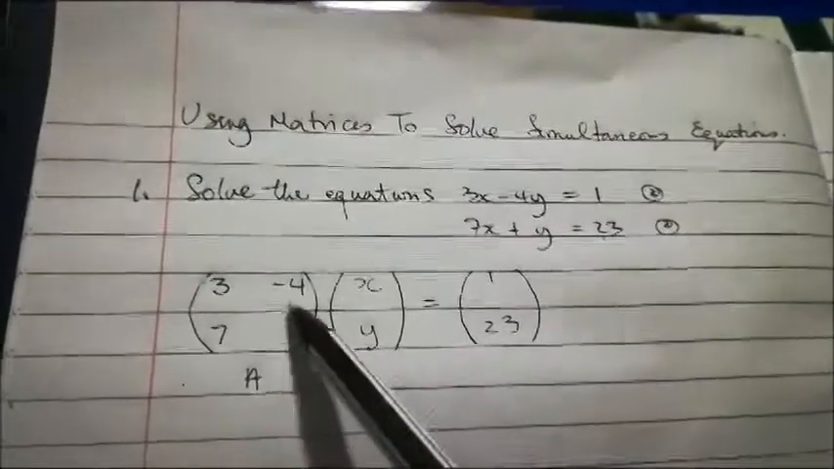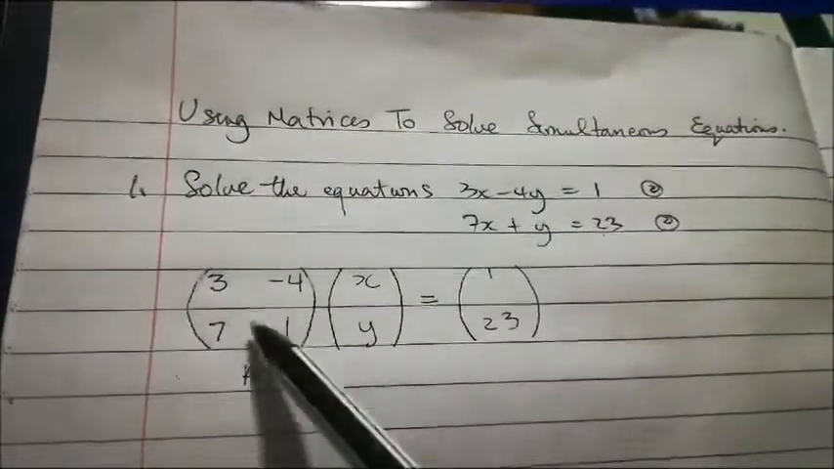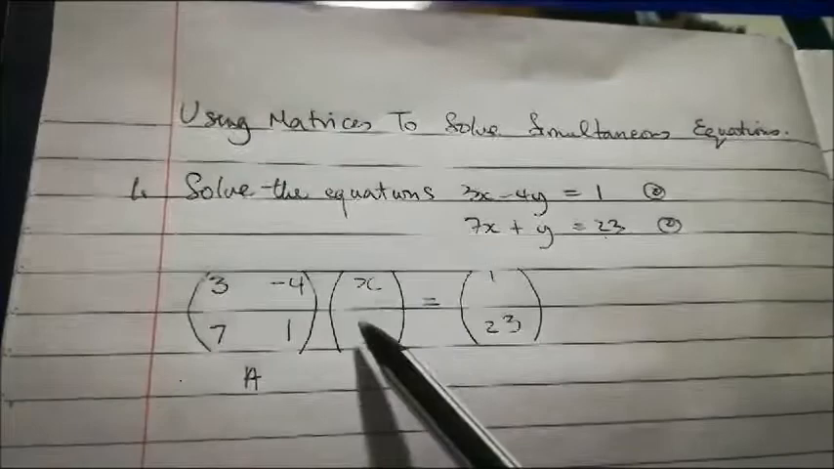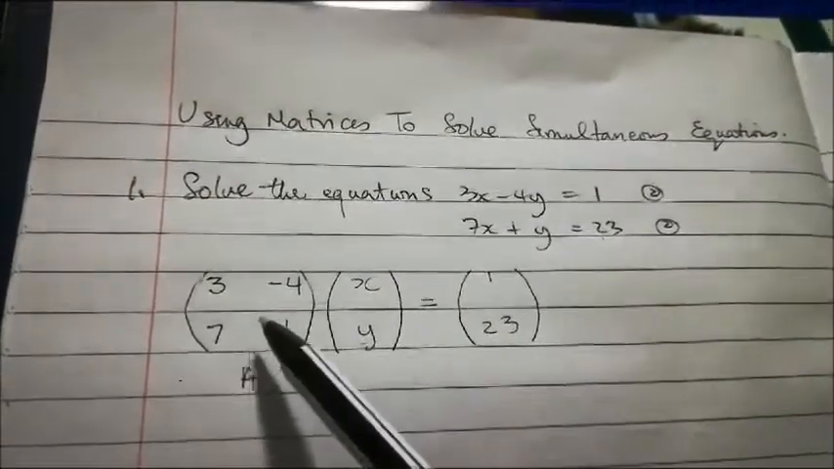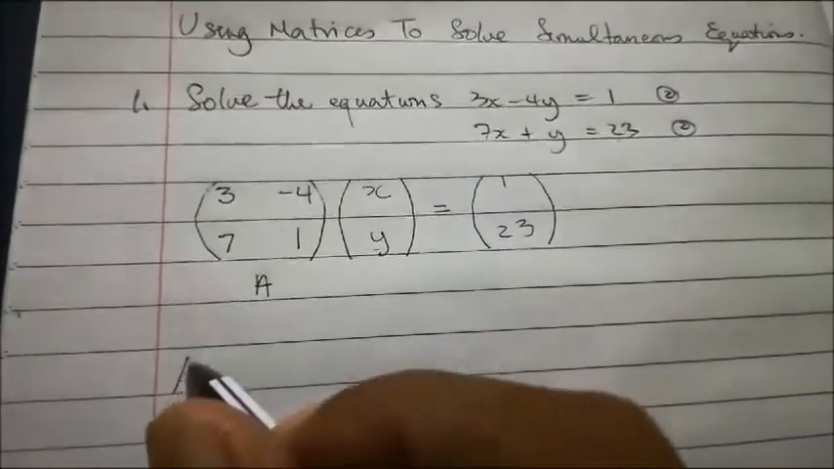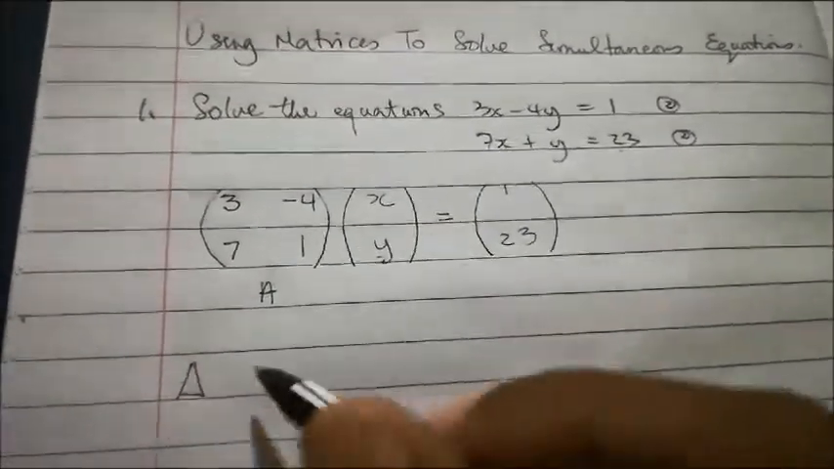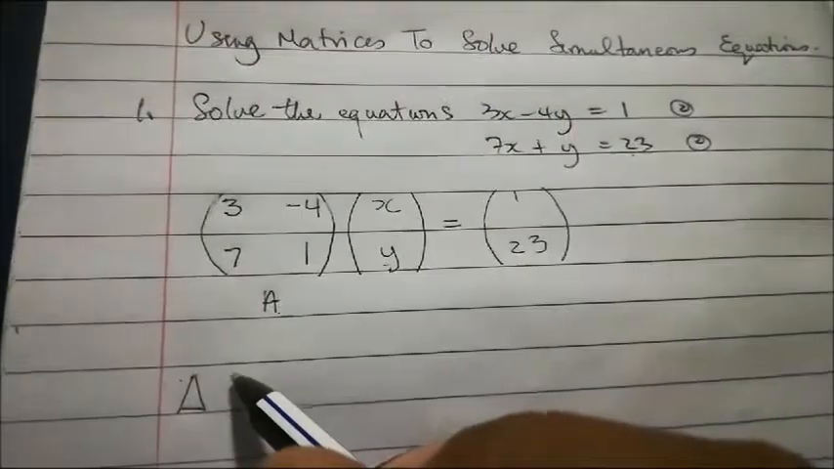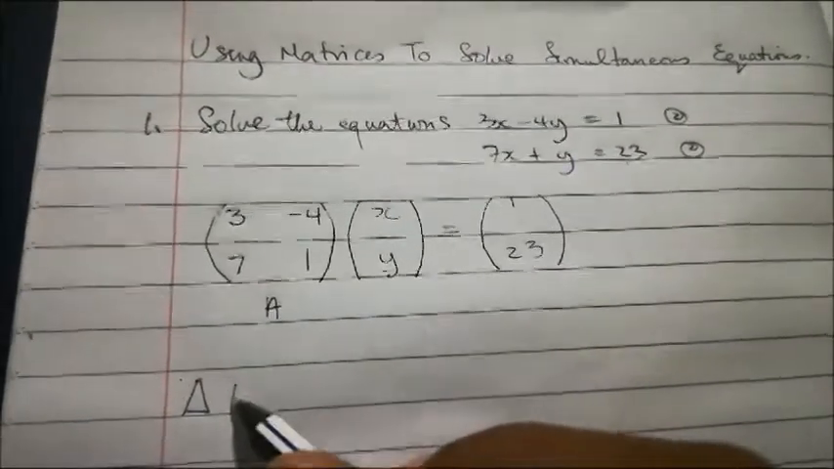Okay, now let's call this matrix A, right? The goal is to find the inverse. The only way we can solve for x and y is if we find the inverse of this. But first we must find the determinant. The determinant is represented by a symbol that looks like a triangle. So the determinant of A,